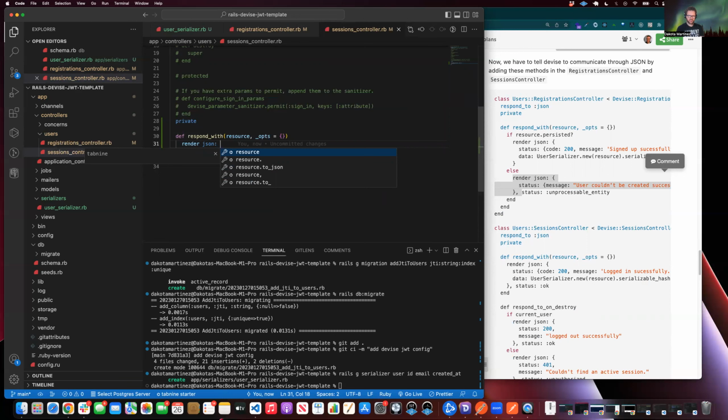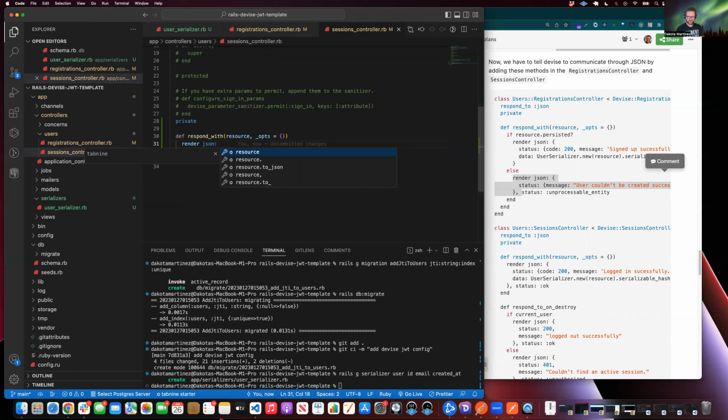The way that this works internally is respond with only gets called on successful authentication in this case. So there's an error message that's automatically generated in the other case. And we can't use something like resource.persisted because it'll always be true here, because we're in the sessions controller and we're really just trying to log them in. So we can't check if the resource is saved already because it always will be. Well, in theory, right? If they got the email right, if it actually matches up with a user that exists,